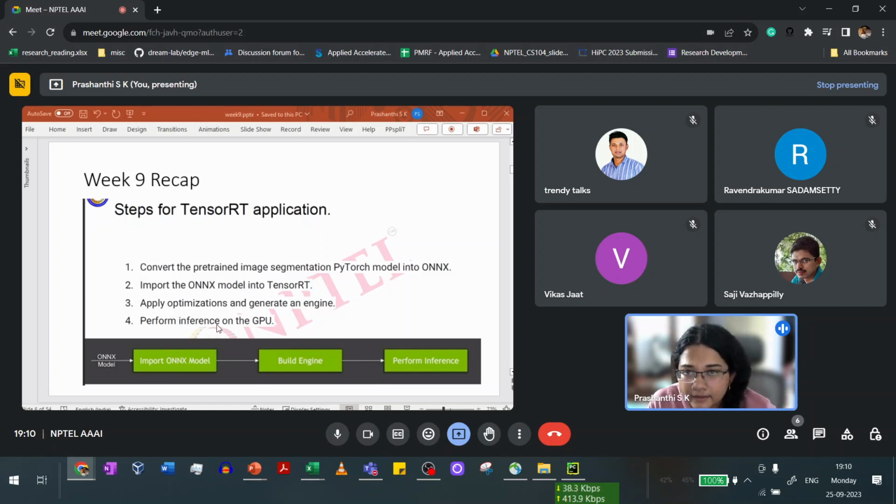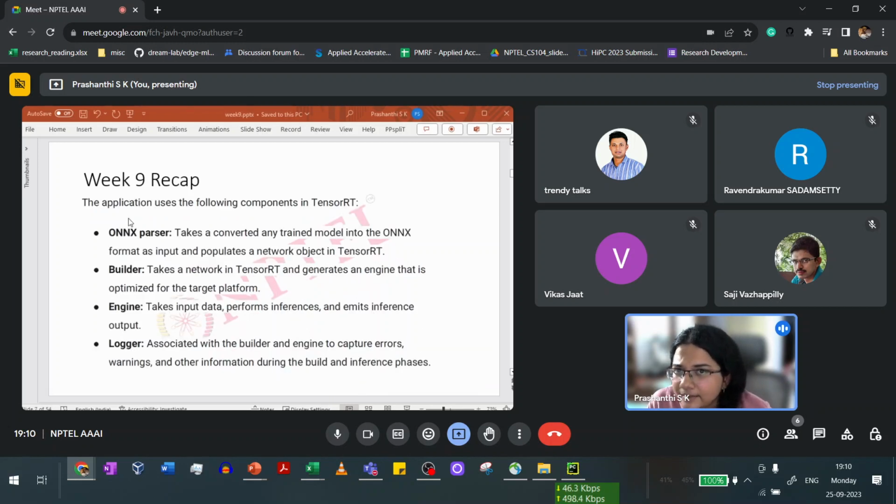And then once you have an ONNX model, TensorRT applies various optimizations and generates an engine, and then you finally perform inference on the GPU. So this is the TensorRT flow again. If you look at the components involved in this,